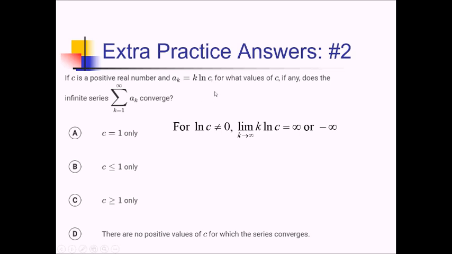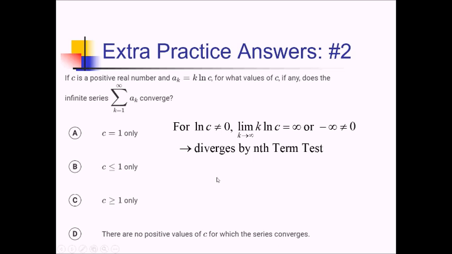I mean, if c is a number that's larger than 1, then ln of that is going to come out to some positive constant, and k times that, if you keep increasing the value of k and adding those up, that's going to infinity. If c is a number less than 1, then the ln of that is going to give you some negative number, but k times that a bunch of times is going to make you go to negative infinity if you keep adding those together. So this is going to diverge then by the nth term test